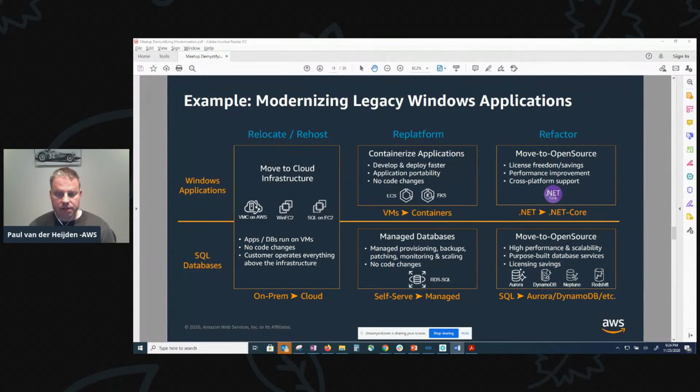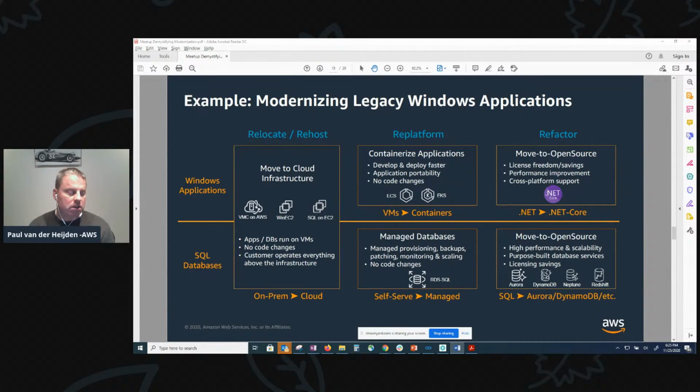Now, in addition, those innovations are typically first available in open source or cloud native software before they're available in traditional commercial software vendors. So looking at refactoring your applications and databases to take advantage of those open source options can help lower cost, improve performance, and gain access to the latest innovation. Now, these three areas of transformation can be done progressively in stages or all at once, and that depends on the applications and the overall readiness of your organization.